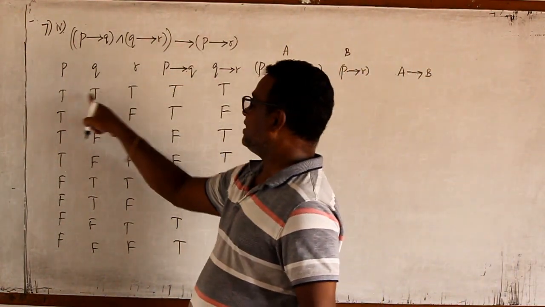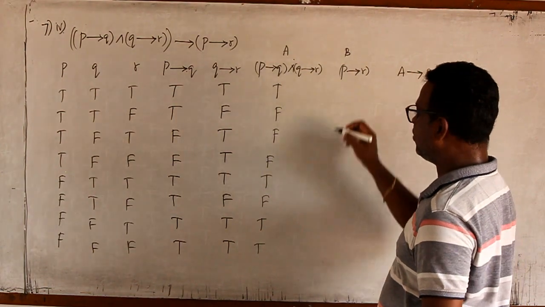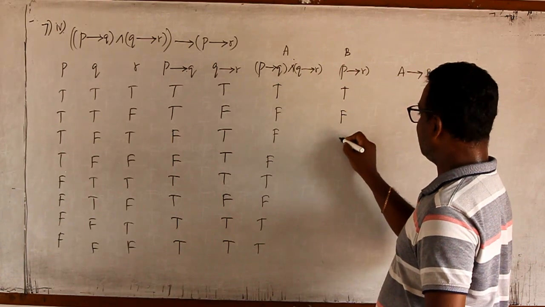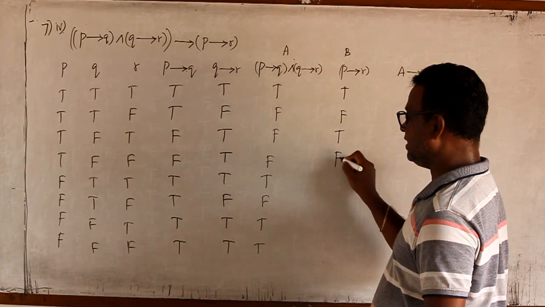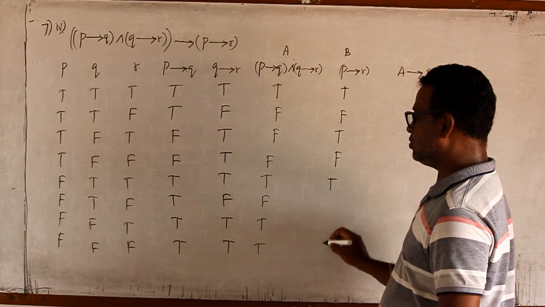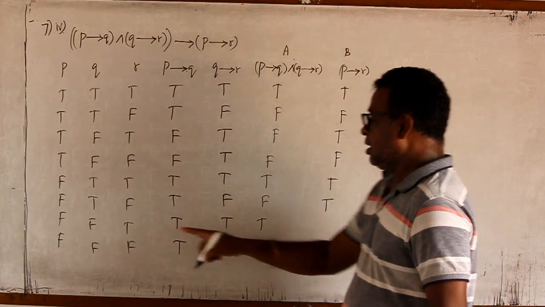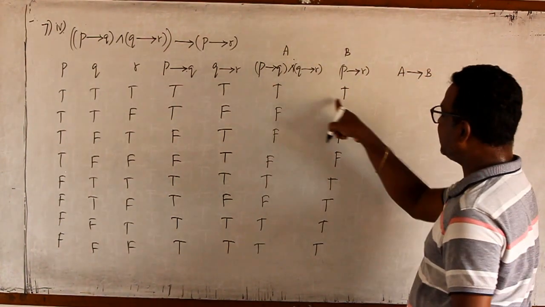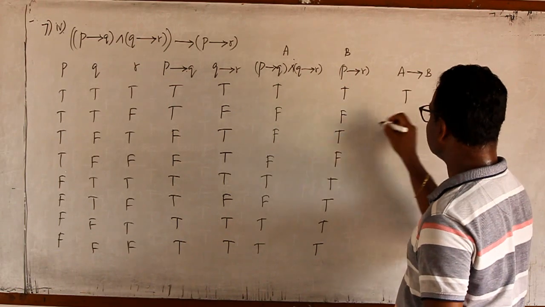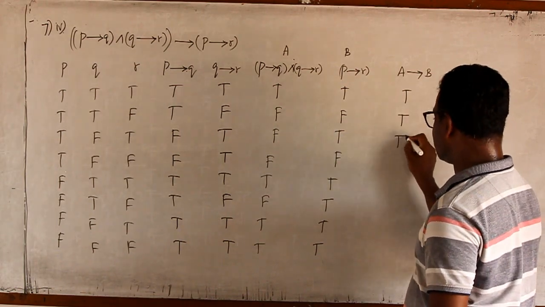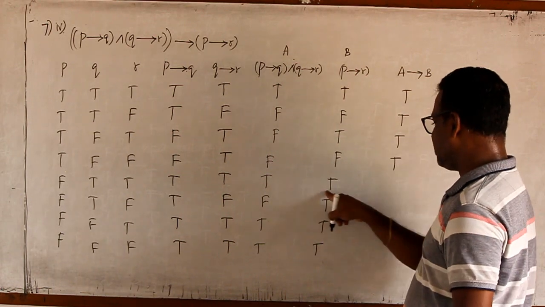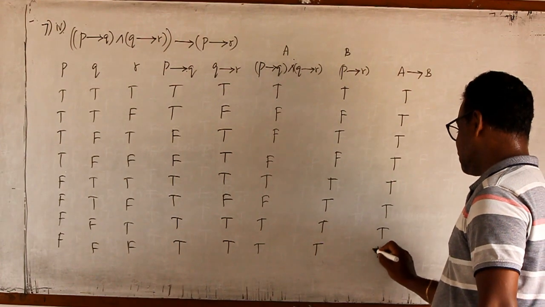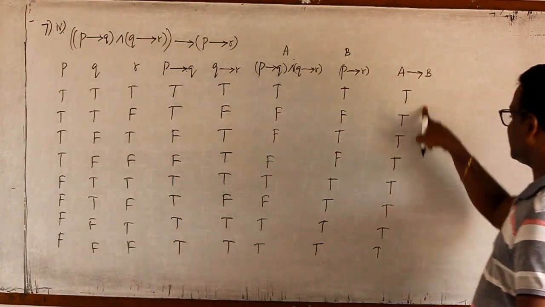Now P then R, that is P by R. 1 by 1, 1. 1 by 0, infinity, so false. 1, 0, so infinity. 0 by 1 is 0 means true, 0 by 0 is true, 0 by 1 is true, 0 by 0 is also true. Now I must divide these two. 1 by 1 true, 0 by 0 is true, 0 by 1 is true, 0 by 0 true, 1 by 1 true, 0 by 1 true, 1 by 1 true, true. So see, all of T, therefore it is a tautology.